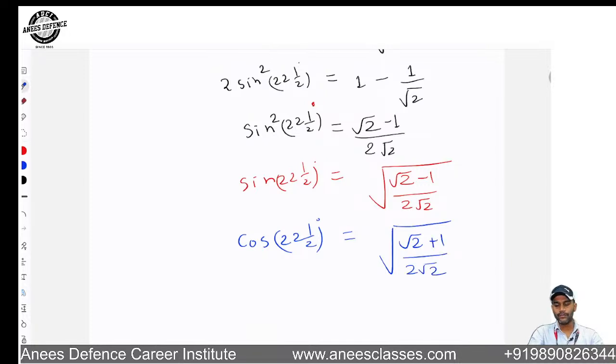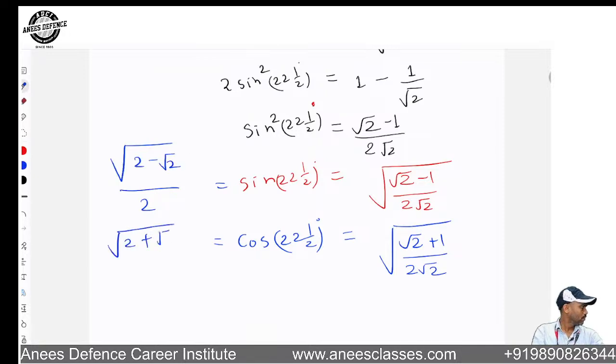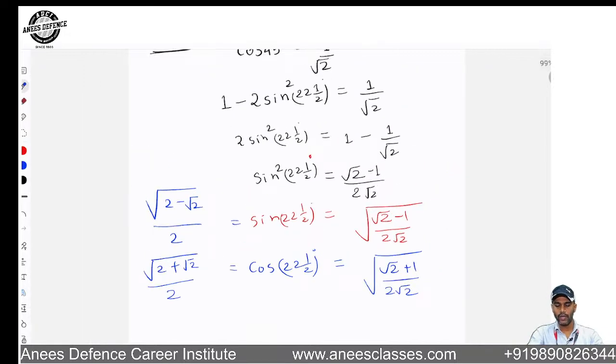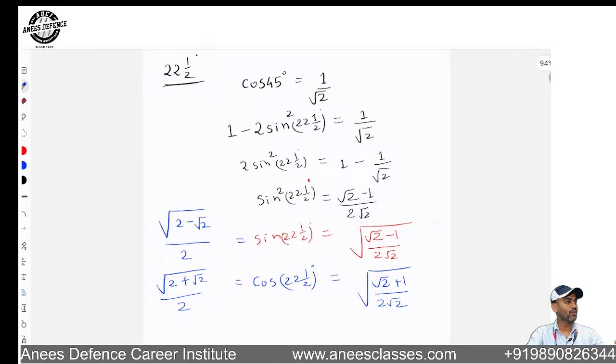Yes or no? See, if you multiply the numerator and denominator both inside the square root by root 2, in the denominator you will get 4. So the square root of 4 is 2 only. And in the numerator, you will get under root 2 minus root 2, and here under root 2 plus root 2, over 2. Yes or no? Just note it down, this one, 22 and half, and then try to find out tan 22 and half and